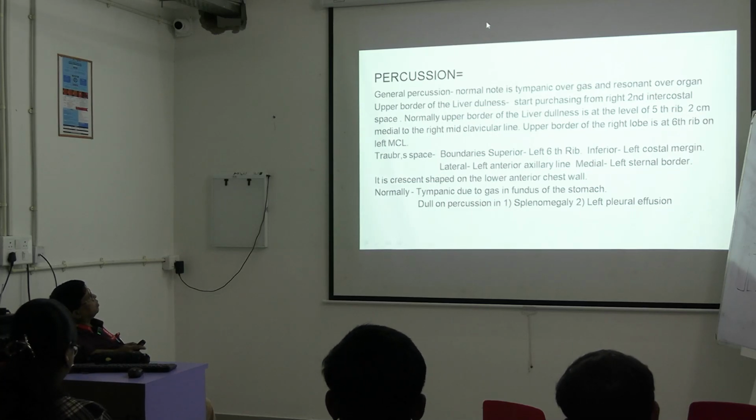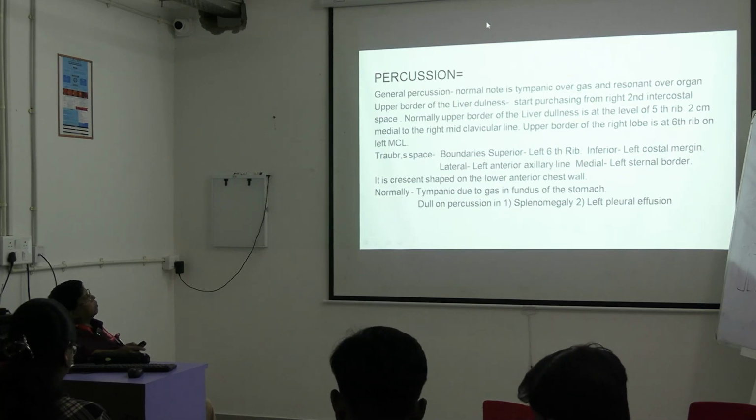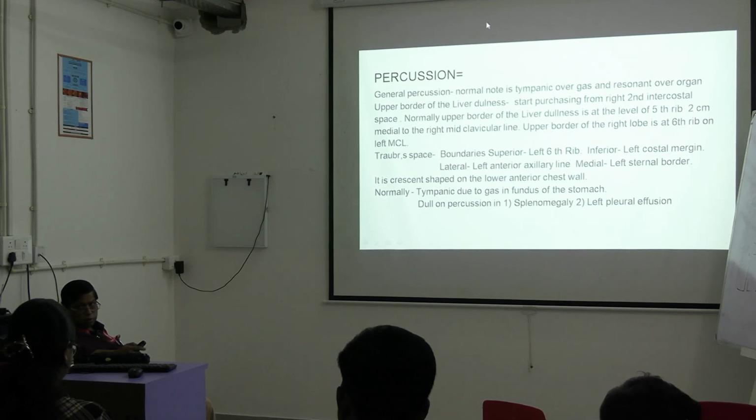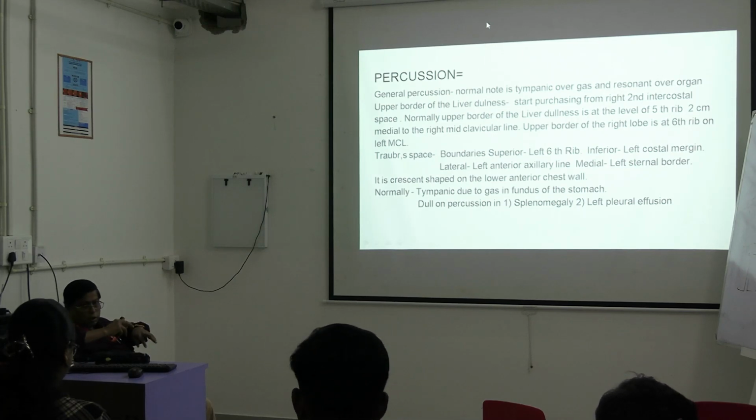Now, normally, start percussing, then palpate the organ. The upper border of the liver dullness is very important to detect. How to detect? Start percussing from the right second intercostal space, then go on percussing till the dullness is